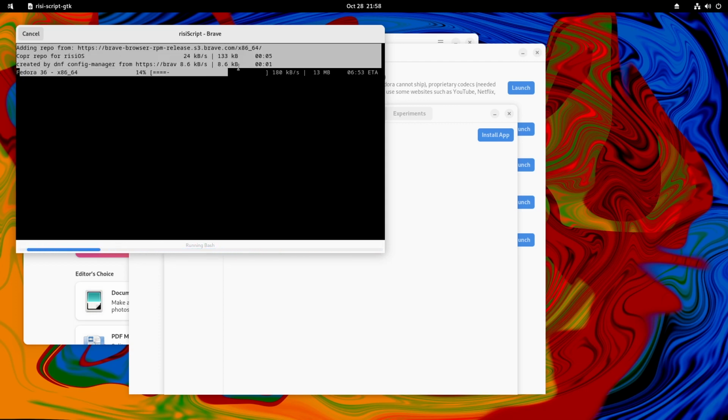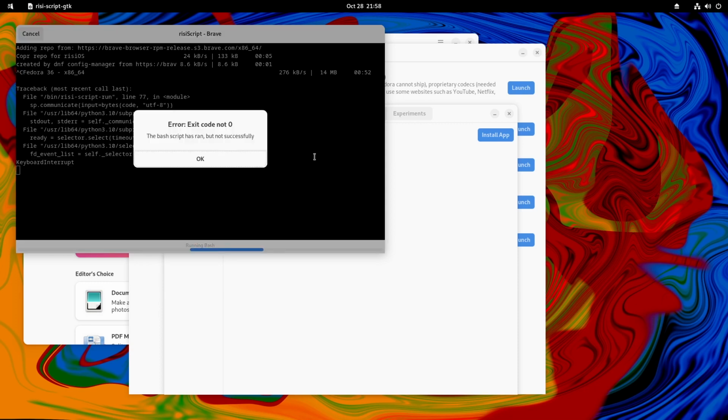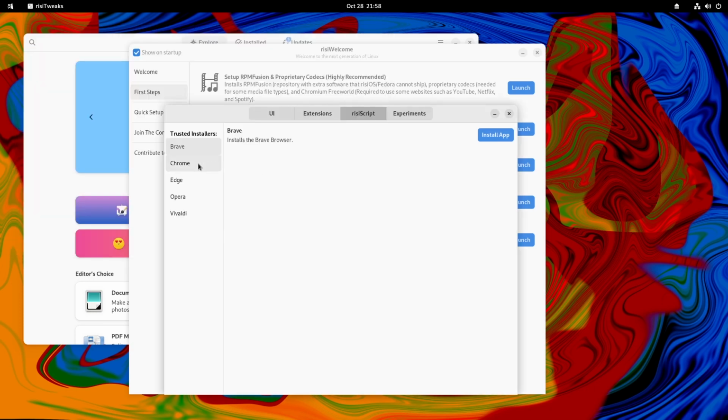You can see, add the Brave browser repo, and then after that install the Brave browser. Okay, I will cancel this process because it takes too long. My internet is not good. Okay, you can see here we just click the install app button, and then the Risi script will be executed.